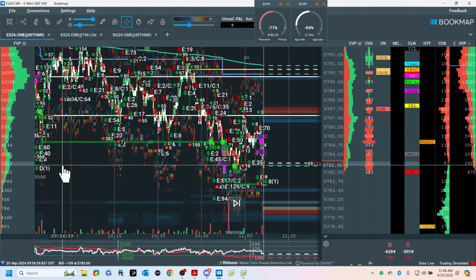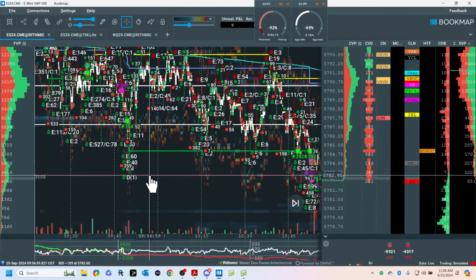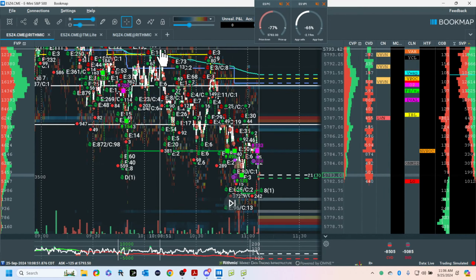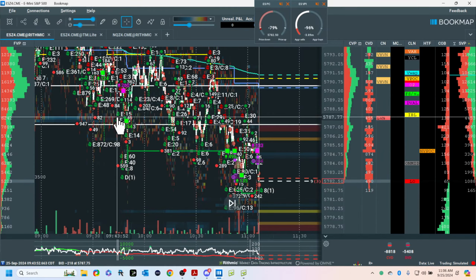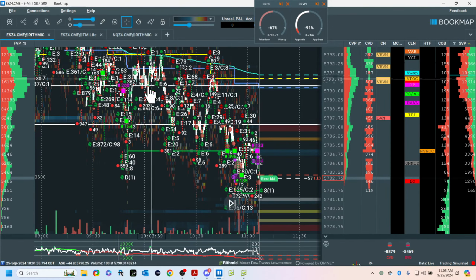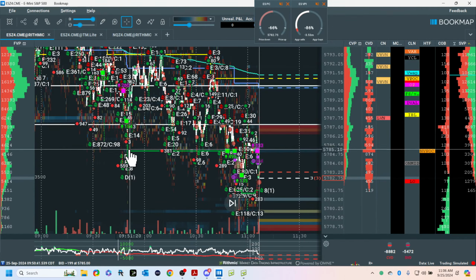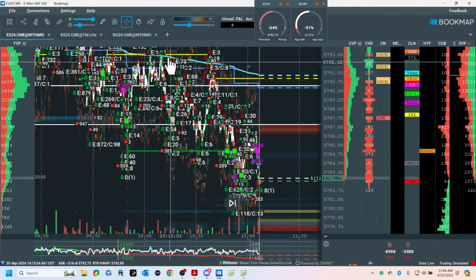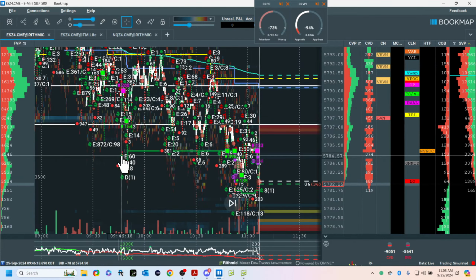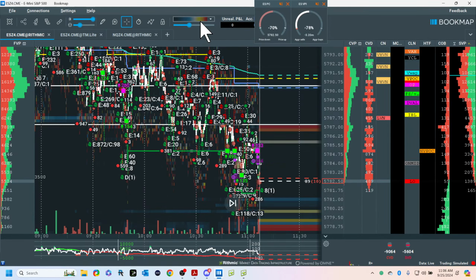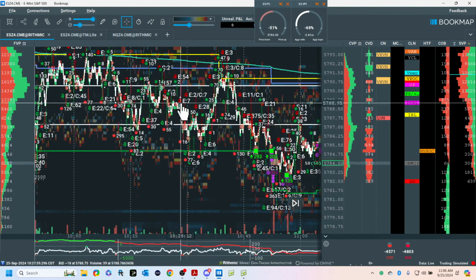For me, the long was valid because the naked volume point, wherever it is, I think it was here. Yeah, back to here. This is an okay trade for me. This is legit, and because it's high volume to high volume, mean reversion. So I was reverting from that back to this at the time. So I'm good with that. That's an okay trade. And if we crossed over, then we could have taken out the high of the day, possibly. And then nobody knows. So now let's get back to microstructure.